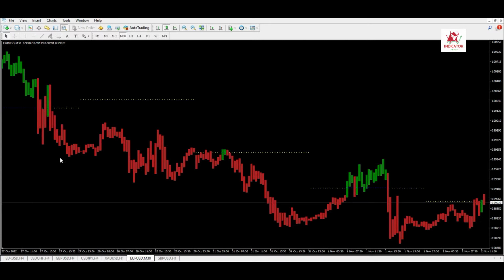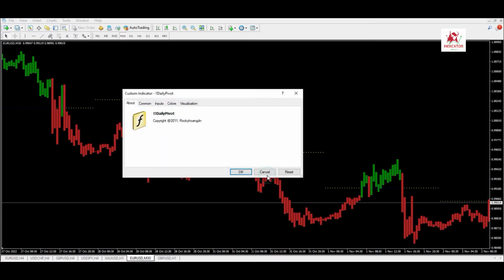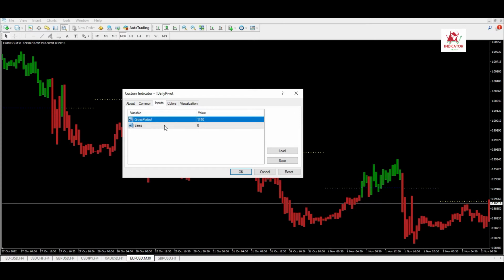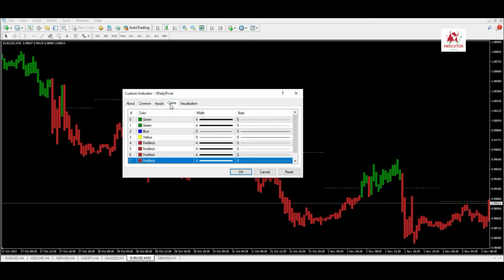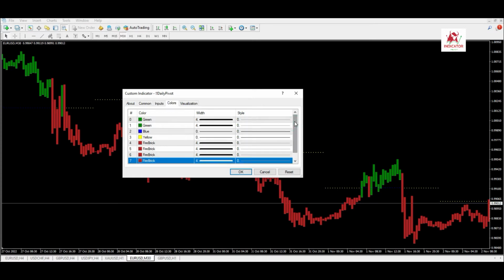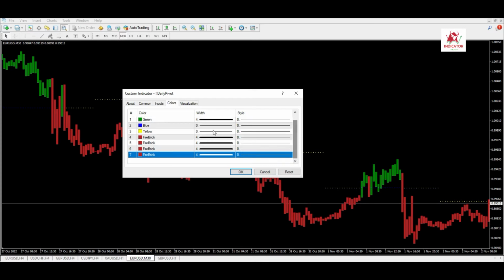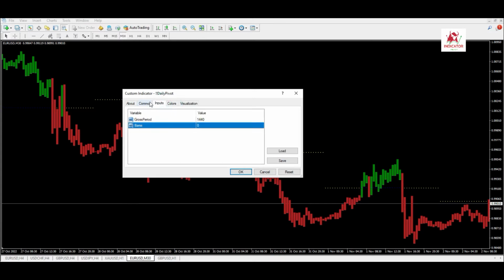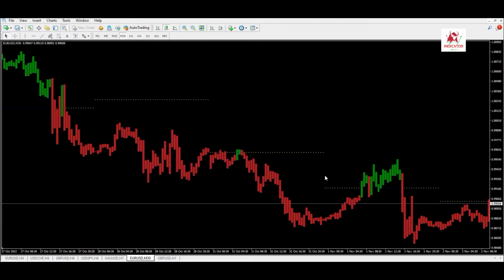The daily pivot points indicator contains 13 horizontal levels on the chart. These levels are shown in the chart below. These levels shown in the diagram above are potential support and resistance levels where price movement can change. From the diagram above, the R1, R2, and R3 are the first, second, and third resistance levels respectively. The S1, S2, and S3 are the first, second, and third support levels respectively. The PP, the yellow horizontal line, is the pivot point line, and it is seen between the resistance and the support